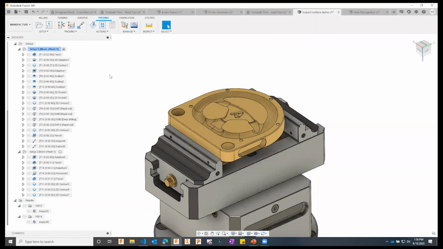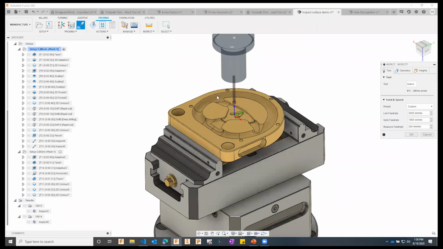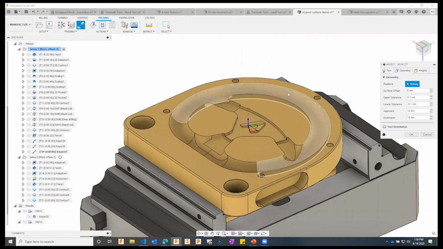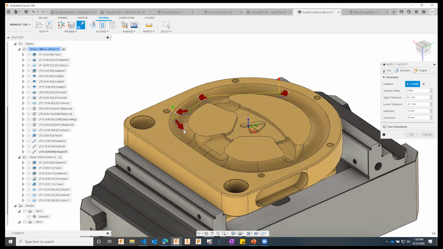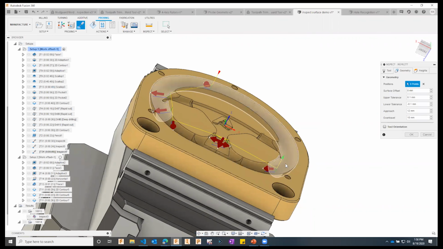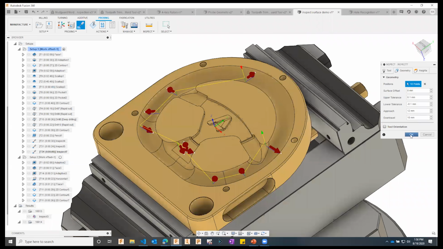So how this works is you go to inspect surface, choose your tool, and then just simply click on different points, and it's going to automatically, depending on what you select, make the probe enter normal to that surface and point. So here I can just select a few points all around this part, space them out however you want. And after you okay that,